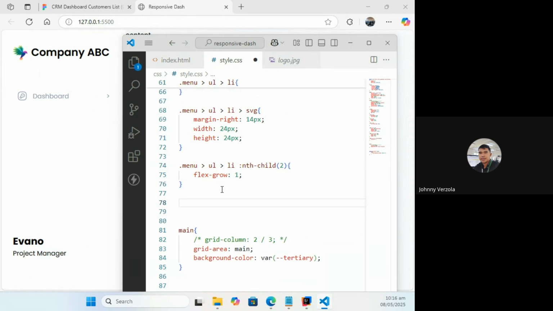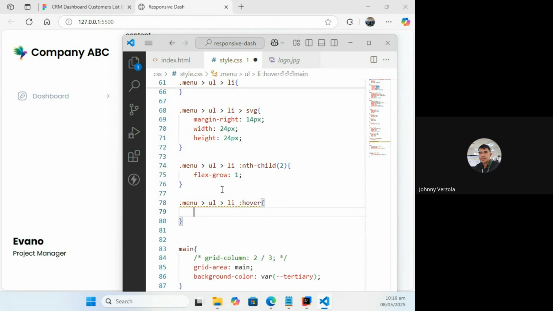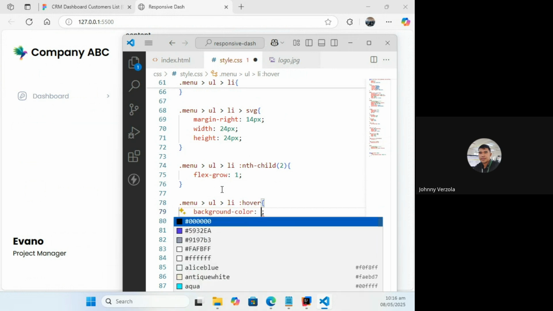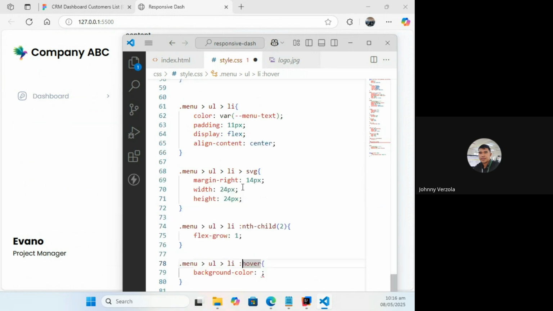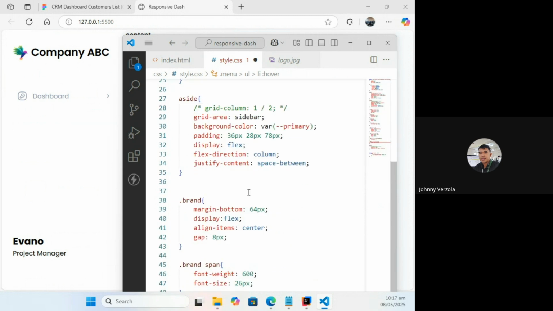Anyone from the class? So I'm going to target menu ul li. The pseudo-class is hover. Okay, let's change the background color. The background color when I hover it will be the accent color. I have it here already, yeah, it's accent.